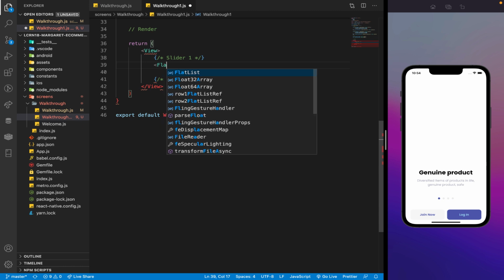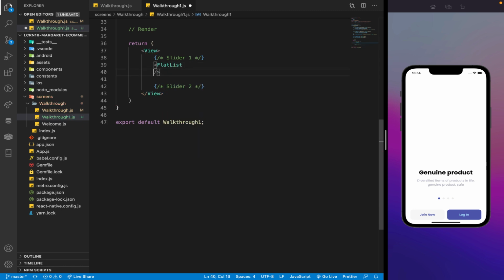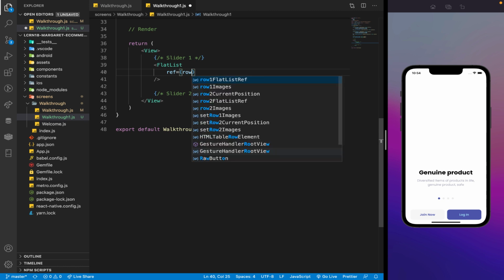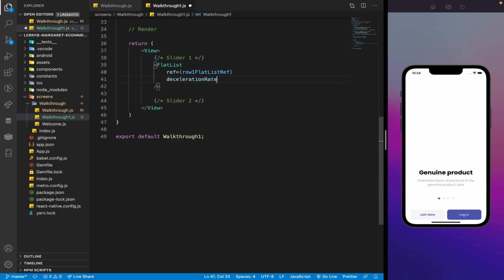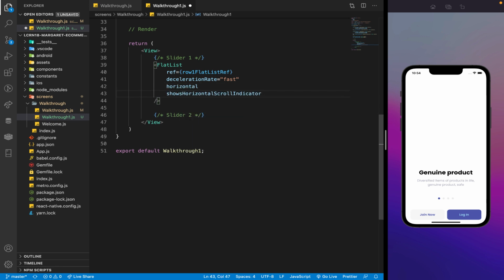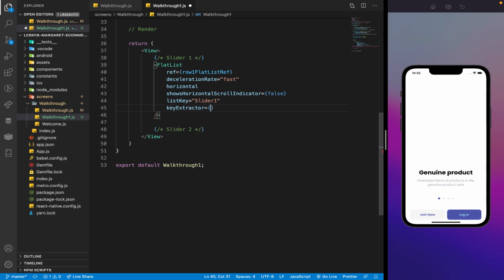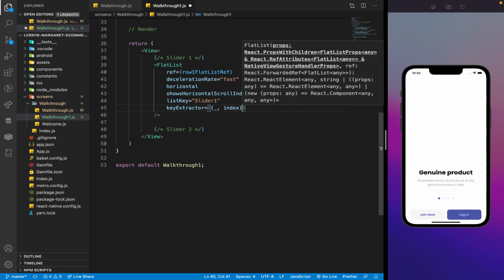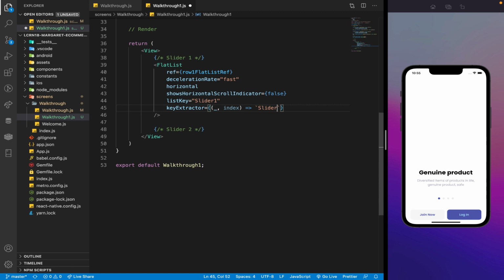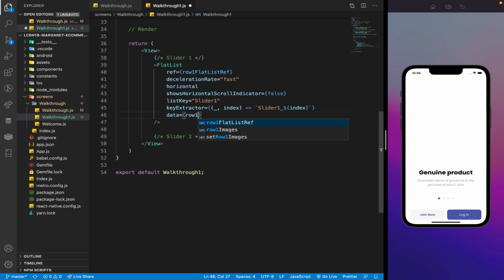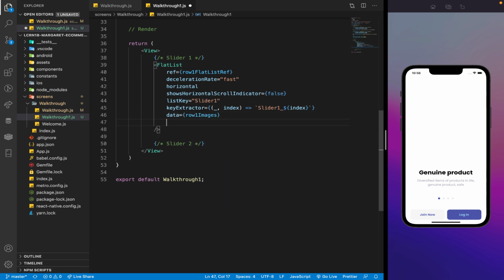Now over here we are going to render a flat list like that. Ref is going to be row 1 flat list ref. Deceleration rate equals to fast. It has to be horizontal. The shows horizontal scroll indicator should be equals to false. The list key is going to be slider 1. Key extractor is going to be, I don't need the item, I need the index, followed by the arrow function, and here it's going to be slider 1 underscore index, right? Next, for the data, it's going to be row 1 images,